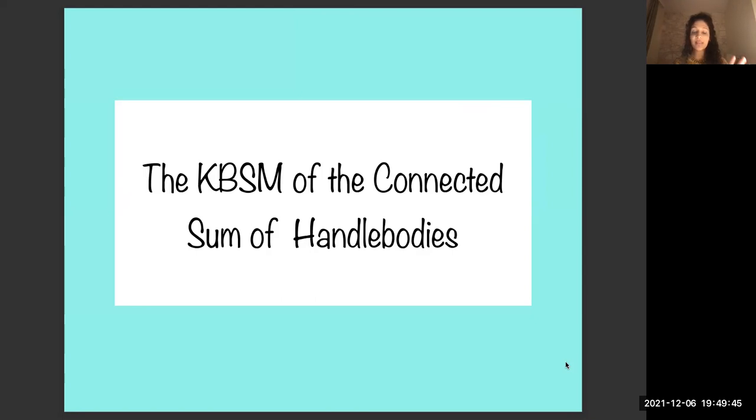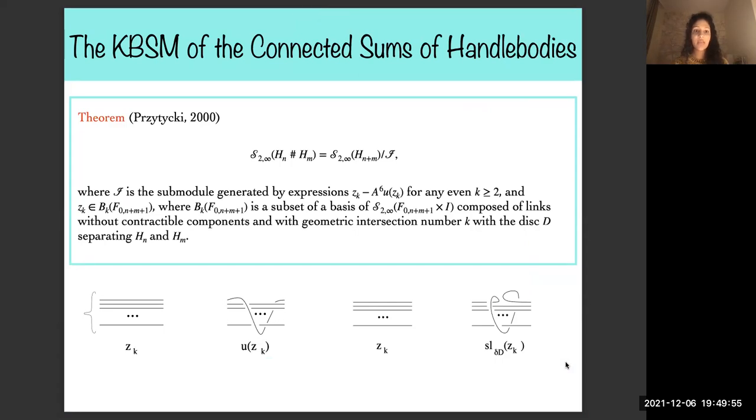So to understand the structure of the KBSM of connected sums of three manifolds, we need to understand the structure of the KBSM of the connected sums of handlebodies. So Józef Przytycki in the year 2000 had this theorem. He stated this theorem, this was published as well, about the KBSM of the connected sums of a genus n and a genus m handlebody, and he stated that this KBSM is exactly the same as the KBSM of